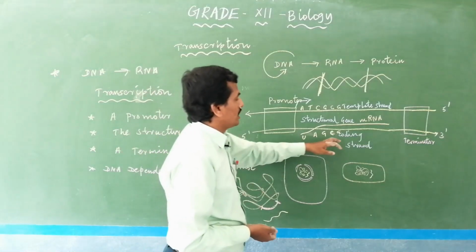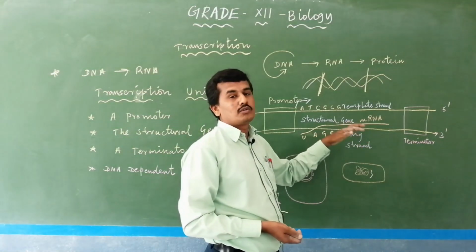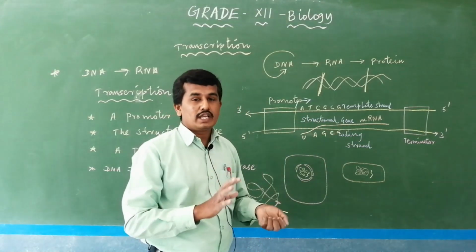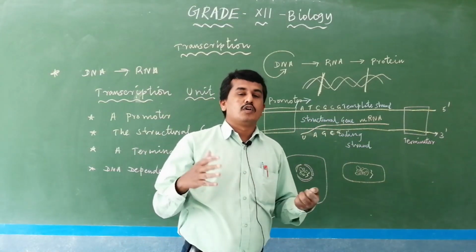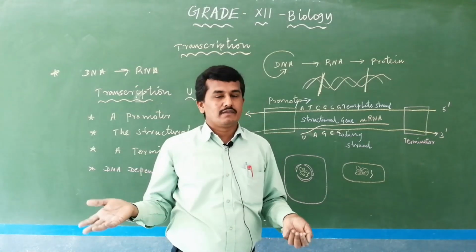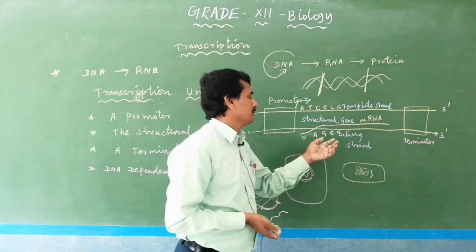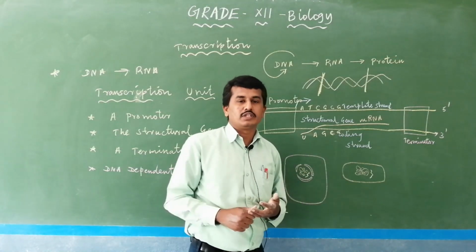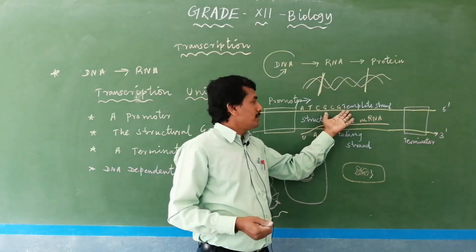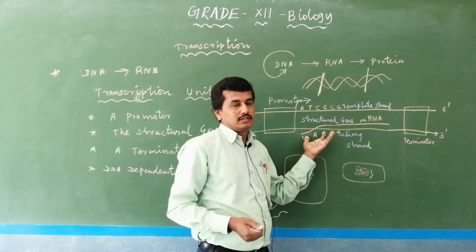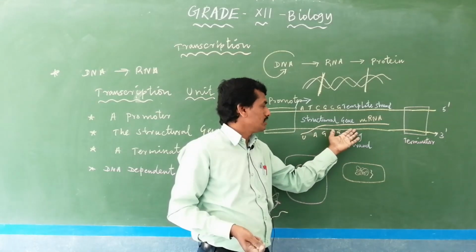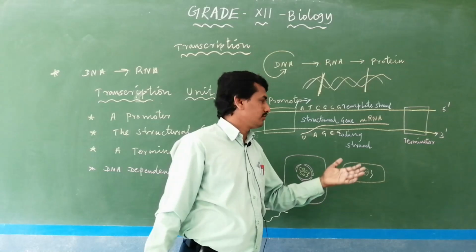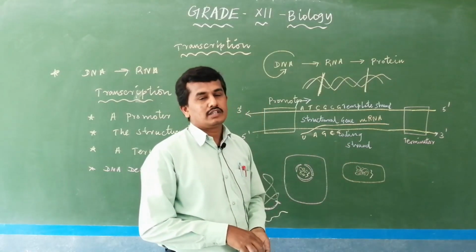So in the coding strand, what is the use? Coding strand means the strand that does not code. The strand of the DNA that does not code for the mRNA is the coding strand. It is the opposite of what we normally expect. Normally coding strand means it codes something, but here only the template strand is coding the RNA. Here the coding strand does not code anything. So the strand that does not code is known as the coding strand. This is the opposite meaning.